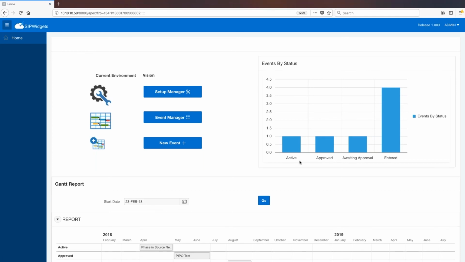An active event is defined as an approved event where the history and forecast information is actively transferred to the source and target combinations, and it's even exported to downstream supply planning and reporting systems as well. An approved event is almost an active event, however, the data hasn't been exported yet. Events which are awaiting approvals are fully defined events awaiting management approval, so that their target and source combinations can flow into Demantra and be acted upon.